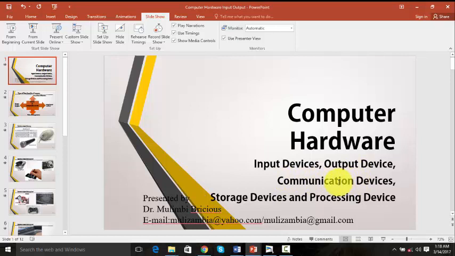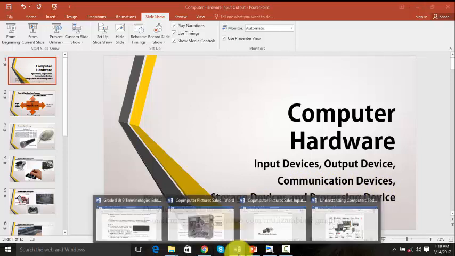These are devices which connect the computer of the user to the internet or to the network. Those are called communication devices. Then we have storage devices. These are devices which a user uses to store their information or data after working on it, on the computer or on external media. Then we have what we call the processing device, which is the central processing unit. So basically hardware is categorized in 5 categories which pupils at junior secondary school should be able to understand: input devices, output devices, communication devices, storage devices, and processing devices.